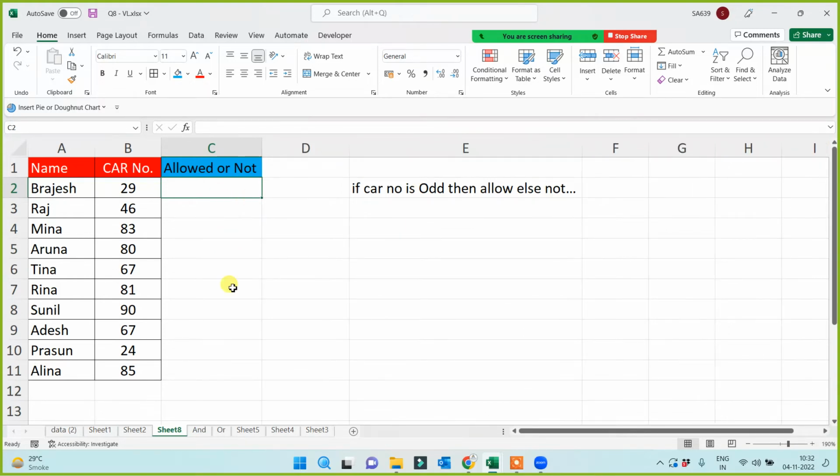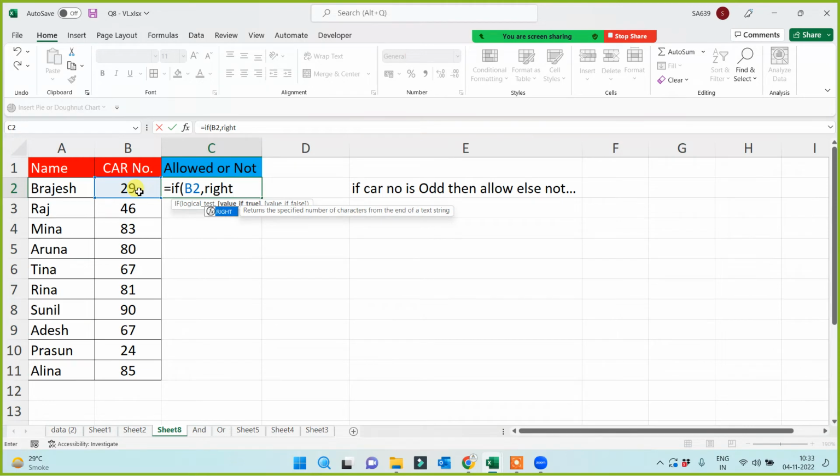If If B2, B2, comma right, comma right, comma bracket, bracket, 1, 1,